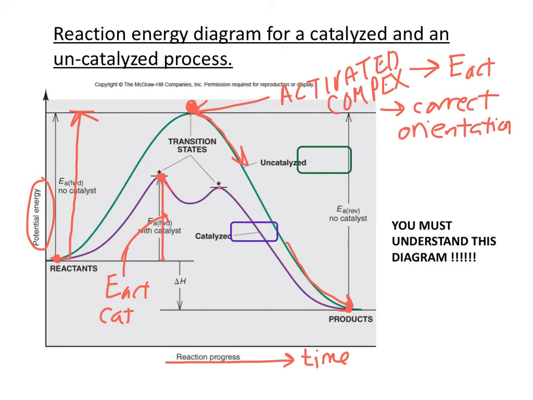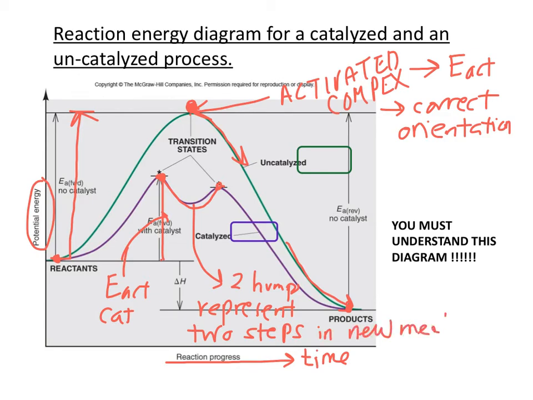In this case, it's showing two humps, and these two humps basically represent two different steps. So the two humps represent two steps in this new pathway that the catalyst is providing. Okay, so it's not necessary for you to know what they are. Just be aware that it does lower the